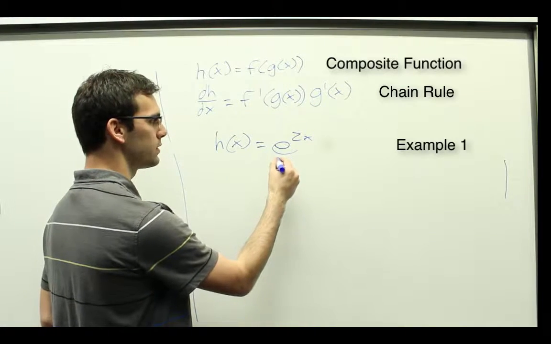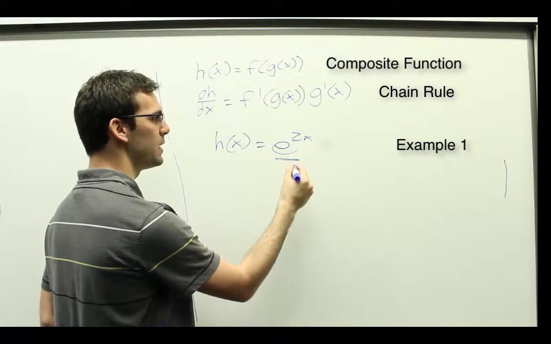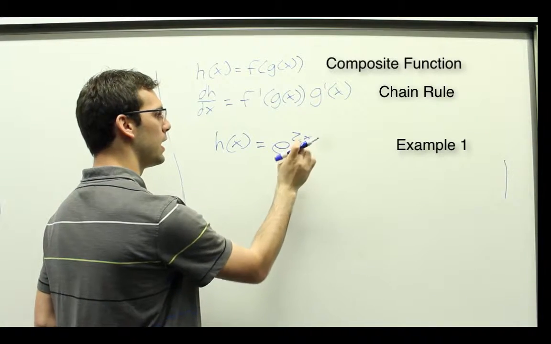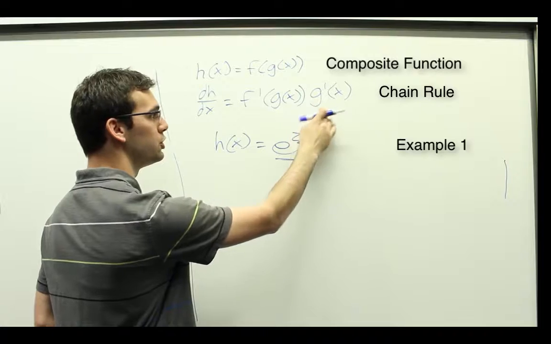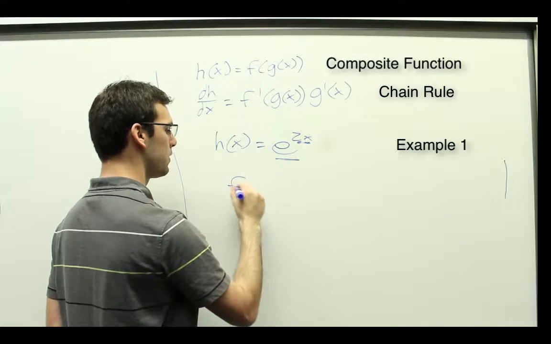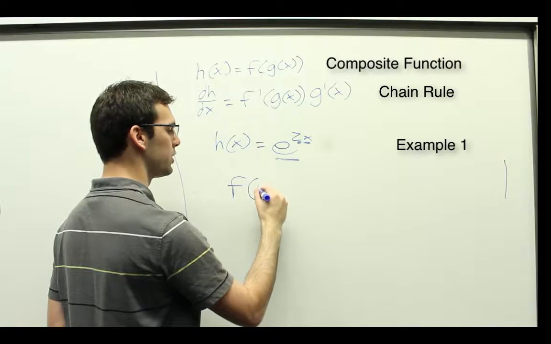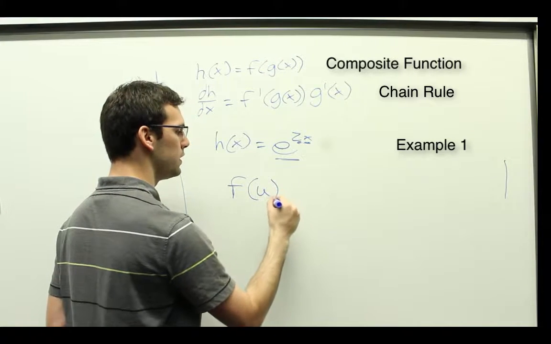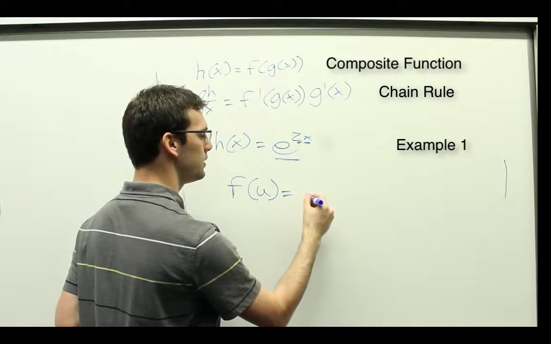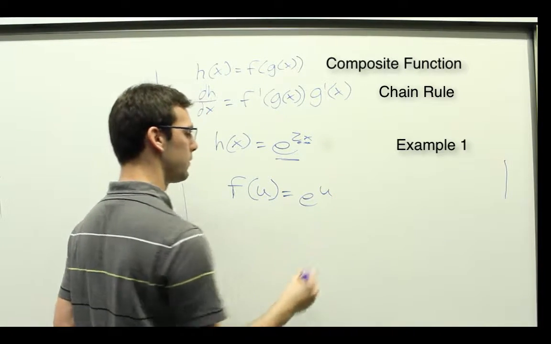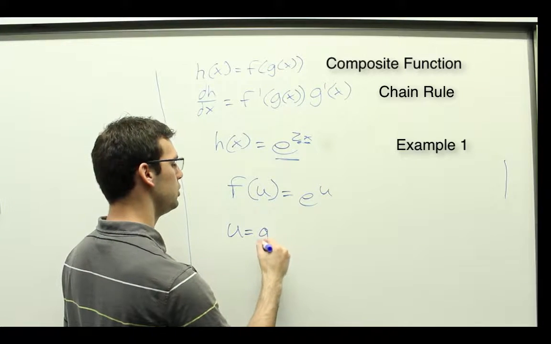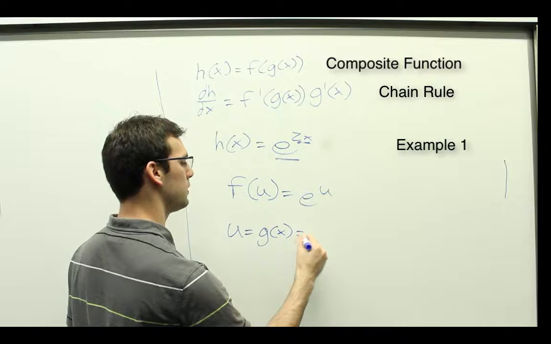Then we can start to identify the f as being e to something, and g is 2x, right? So for f, we'll go ahead and use the placeholder u. F of u, the outer function, is e to the u,